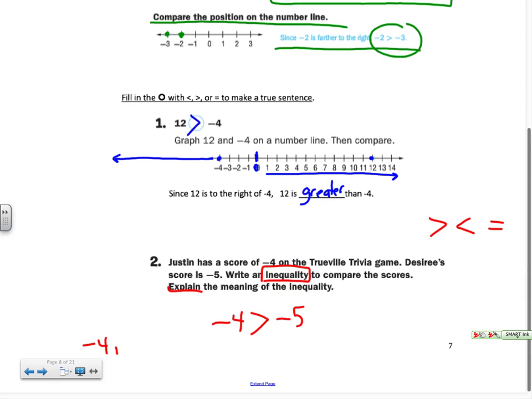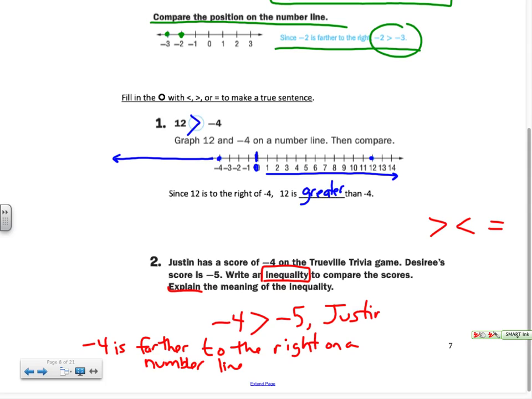Negative 4 is farther to the right on a number line. So if I wanted to compare Justin's score of negative 4 to Desiree's score of negative 5, Justin has a higher score. So let's add that. Justin has a higher